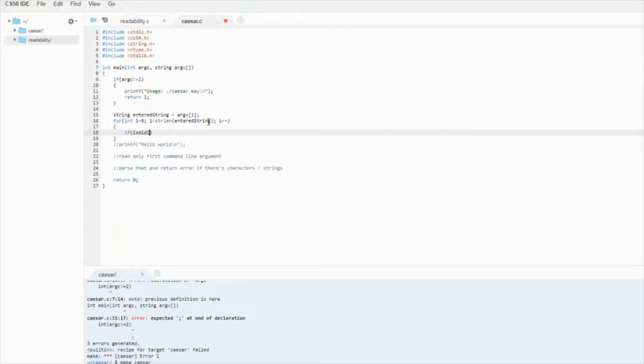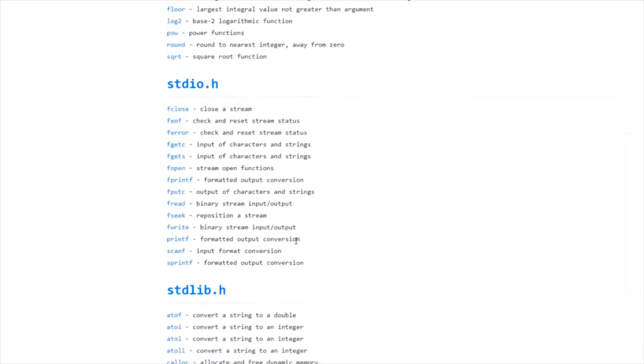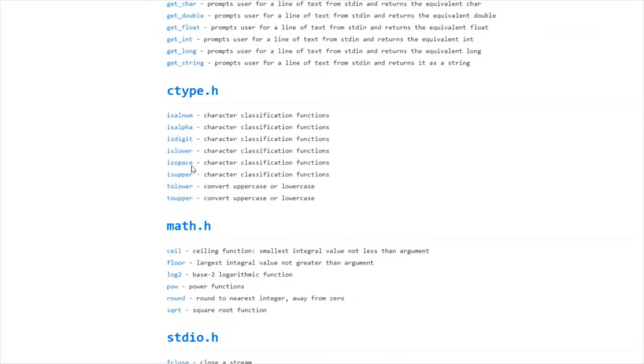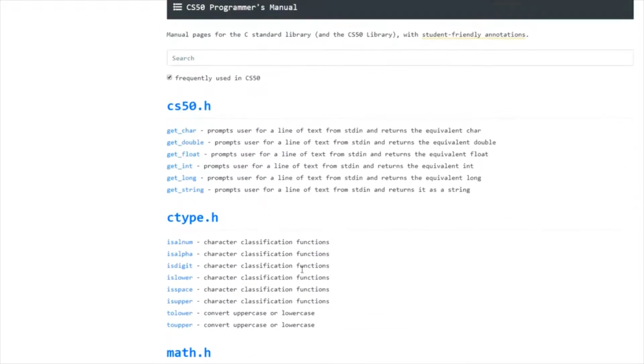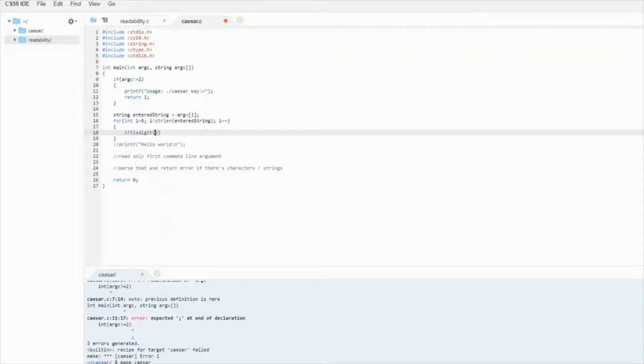So here we can just run isDigit, which if you read the man pages, it's saying that it just checks to see if it's a digit instead of a letter. And in this case, we want every index of this array to return a 1 when I enter isDigit. isDigit returns a 0 if it is not a digit, and a 1 if it is a digit.